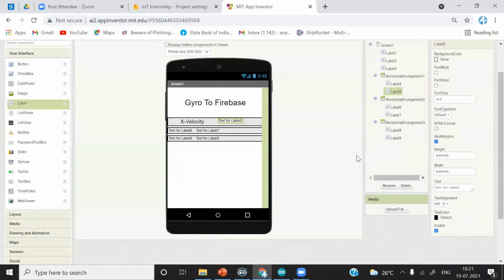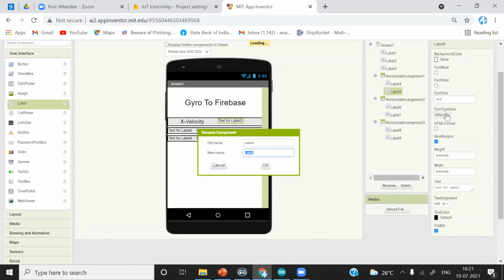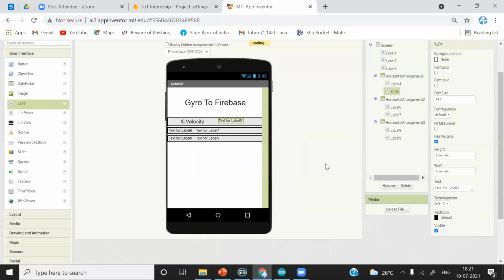Now, second, we want to print the variable data which is going to change from time to time, so we are going to need this variable label in the backend. We'll first rename it as x dir. X dir means x direction. Similarly for the others, we'll do it later.